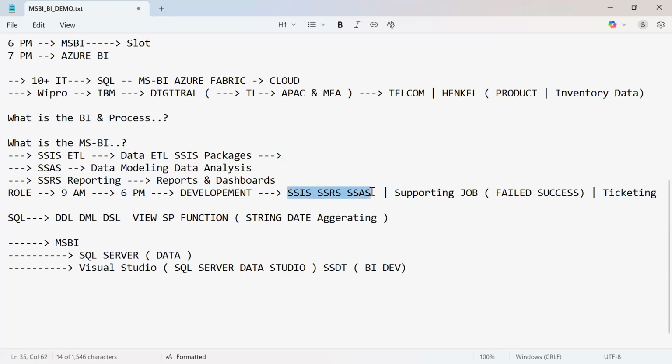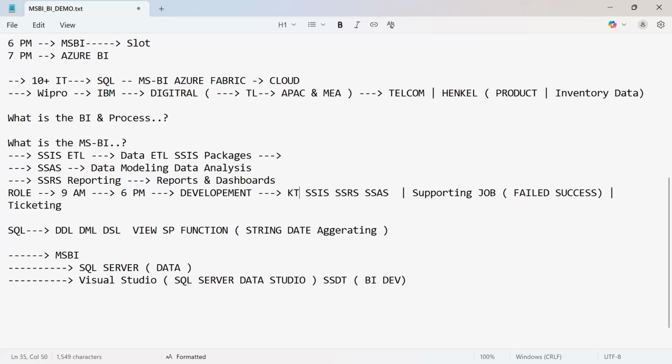Then they'll give you development. Generally we have KT sessions, knowledge transfer, whether you're going with experience or without experience. If somebody has a new project, that is the reason they have openings. If somebody is leaving the company, that is also why there are openings. Why would they hire you unnecessarily? If demand is there, definitely they'll hire you, but there has to be an opening: either a project, or somebody leaving the company and a replacement required.